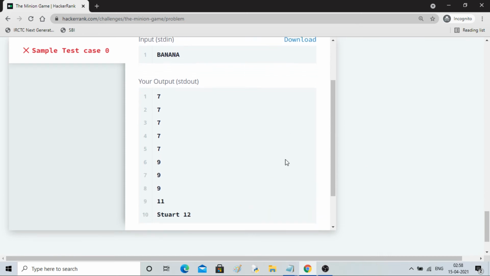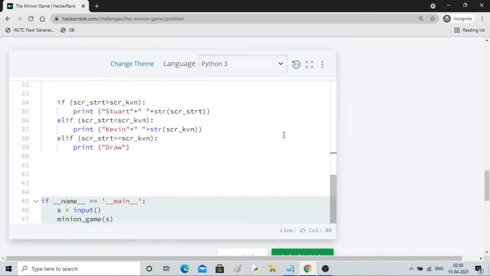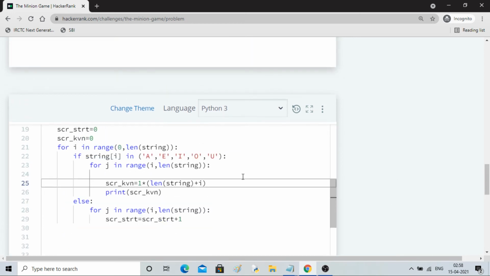7 7 9. Okay, 9 and 11 it is going till. Is there any other print here? No. 9 10 11. No, that is not correct. For loop I don't want to use, so it should multiply directly whatever the difference is.